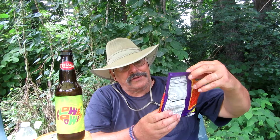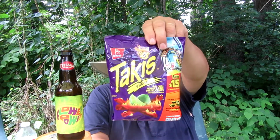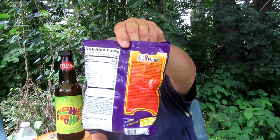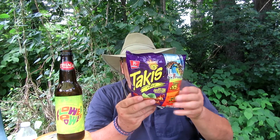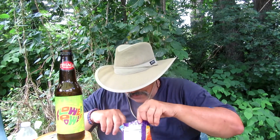Tortilla chips, Fuego. So, Six Flags on the back. Some kind of one on the front too, right here. Some kind of advertisement for a six-pack. It says Takis. I don't know. Yes, read that. 140 calories. You know, you can win a trip to Six Flags. Hot chili pepper, and I'm getting requests to not just show the bag, but to try. So I will. All right, my wife just said to try it, and